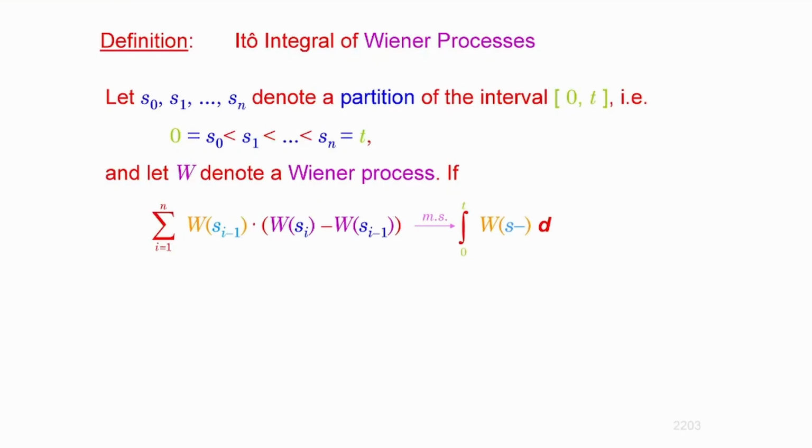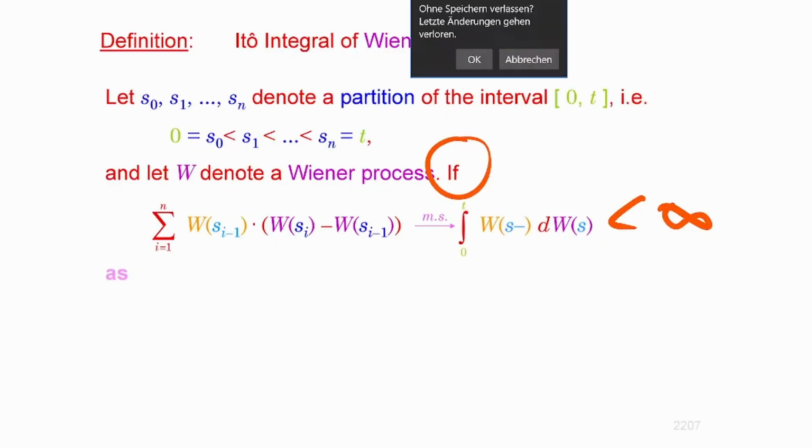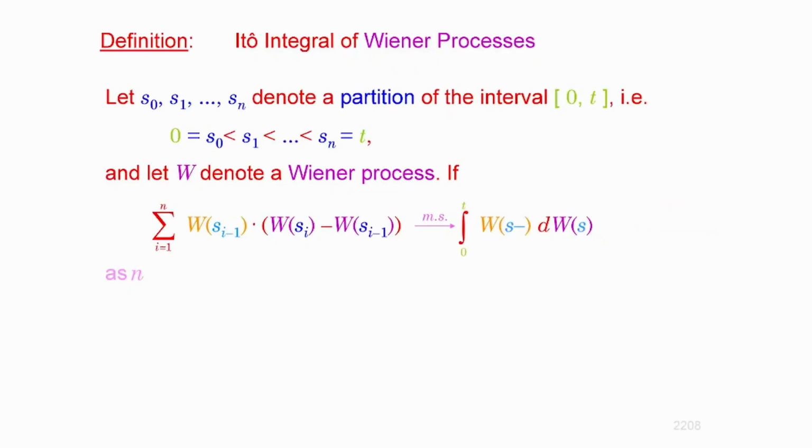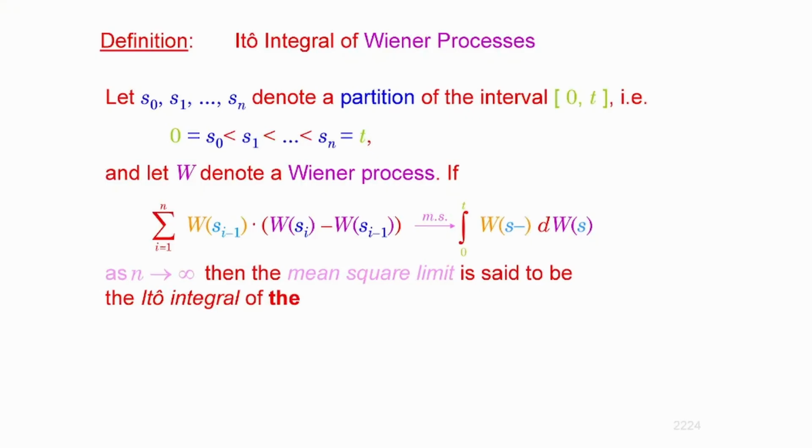In the case of the Wiener process, there is no "if", because this integral exists already. We have seen this quite a lot of times. But again, just being consistent with the definition, this would have been the Ito integral of the Wiener process. You could simply call it like that. I was referring to it: both the integrator as well as the integrand is a Wiener process.